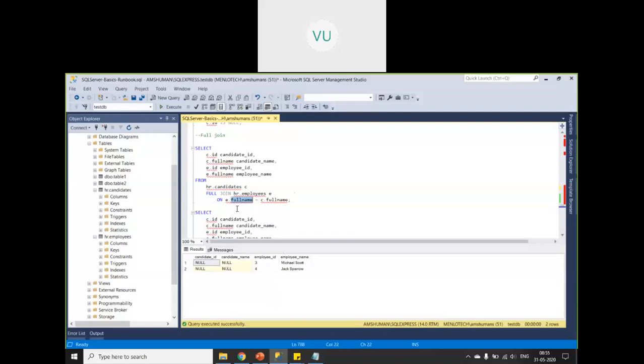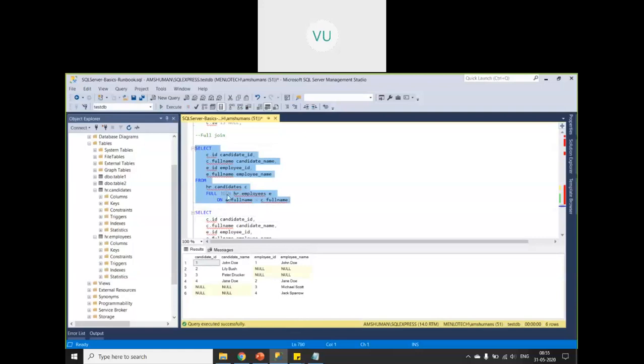That means the records which are matching this condition will be returned. The records from the left table which are not matching, with null as placeholders, will be returned in the result set. The records from the right table which are not matching the condition, with null as placeholders, will also be returned. Okay. So let us see. Yeah.